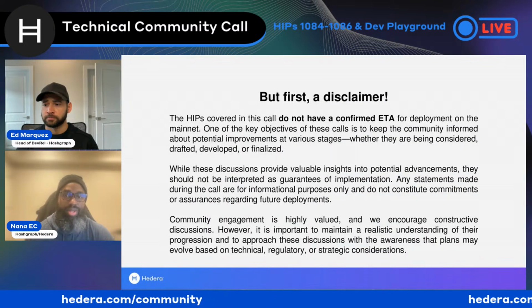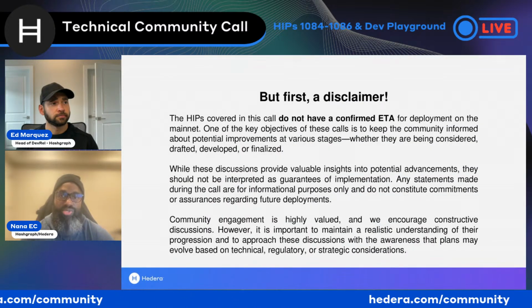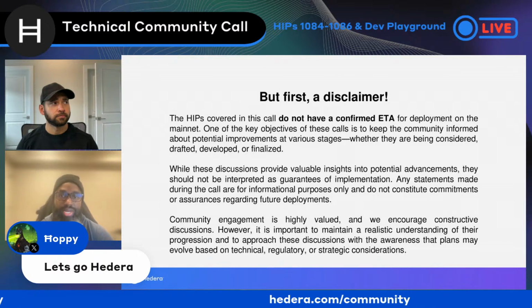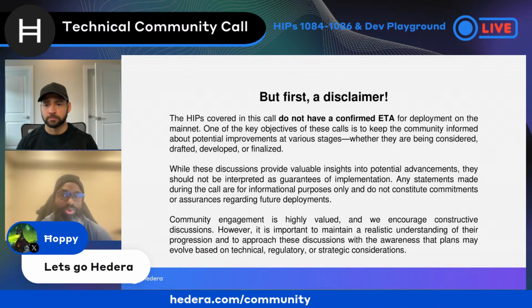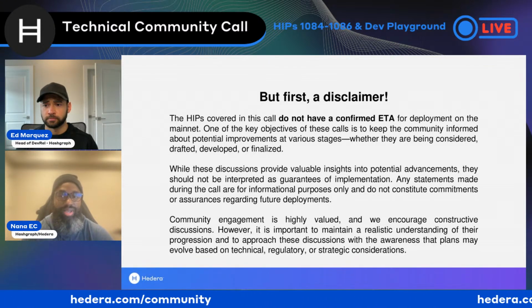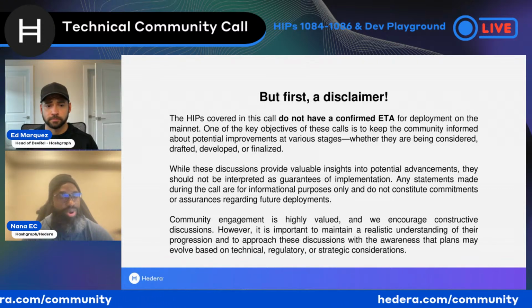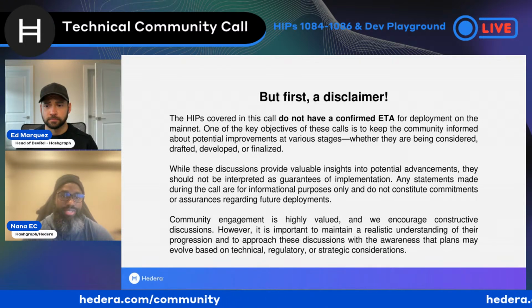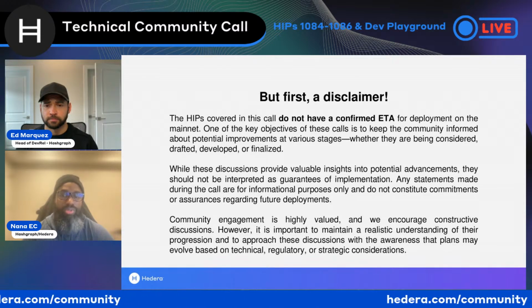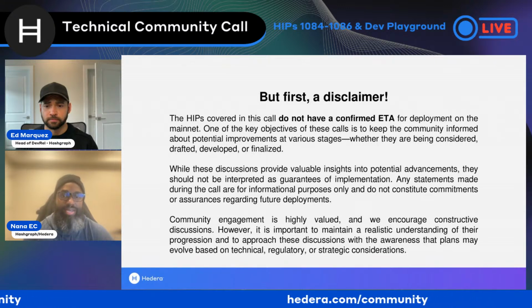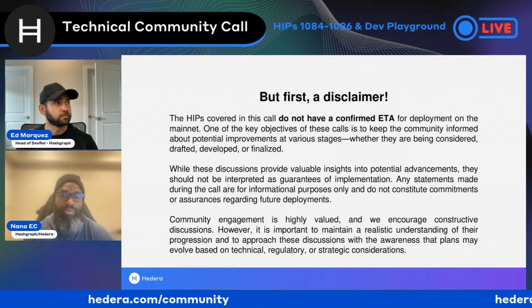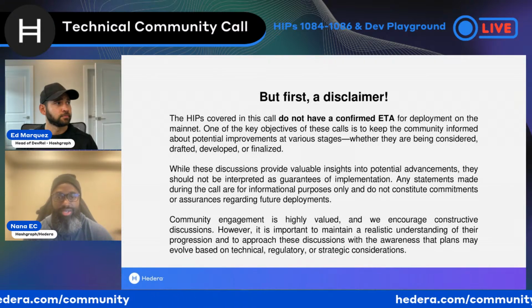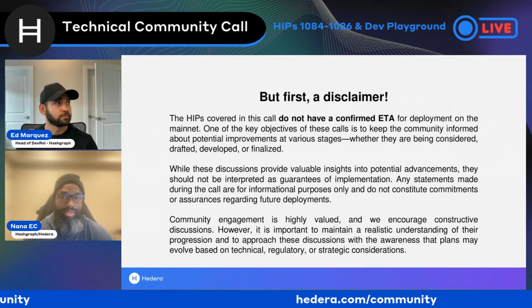So a bit of context as well. Ed had already shared that Hedera is open source. We're open source, we're proof of stake, EVM equivalent blockchain. We're also enterprise grade scalable, and we hope to be the trust layer of the internet, right? And so HIPs, as I mentioned, are improvement proposals. These are suggestions and ideas from the community, us included, that go to improve the efficiency and user experience as well as functionality of the network.